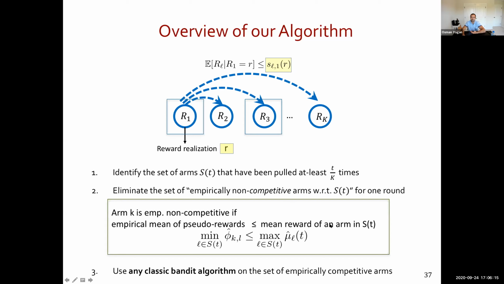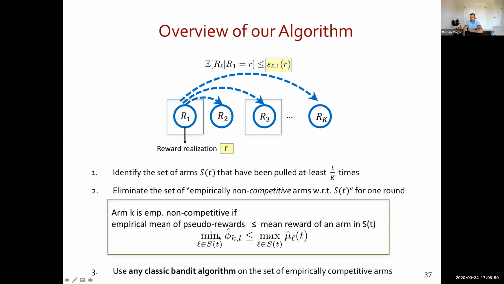So what this means is that for each arm, rather than looking at its own samples, I am looking at its pseudo reward. So from the samples of other arms within this set that have been sufficiently sampled, I'm looking at, from the results of those samples, what conditional mean upper bounds are provided to me, and using the minimum of those, and eventually this will become a true, with almost sure guarantees, upper bound on the reward of the arm that I am talking about.